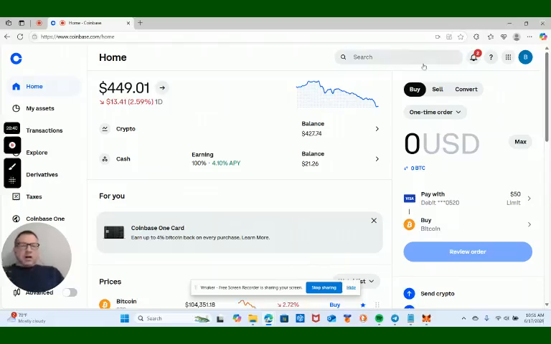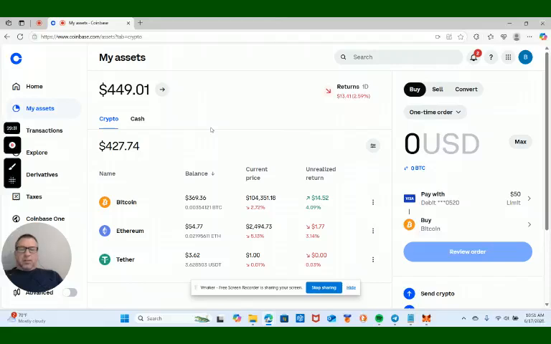So you just log in. If you're not a member of Coinbase, you have to sign up. And I already have some crypto in my Coinbase account. So I'm going to be swapping Ethereum, which I have about $54 in, to USDT, which is a Tether coin needed for a lot of the Web3 technologies if you want to join a mining pool or something like that. So what you do is go into your assets here